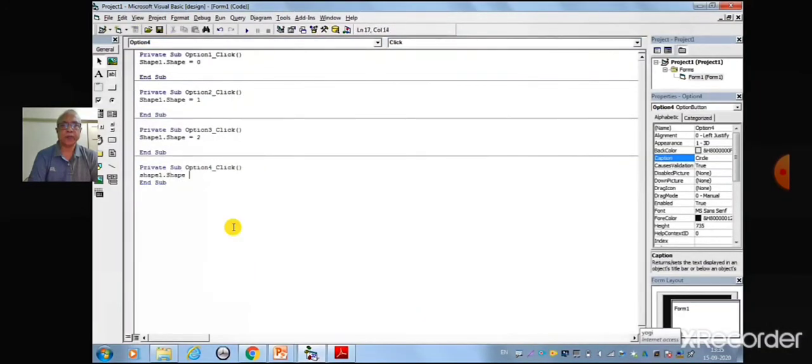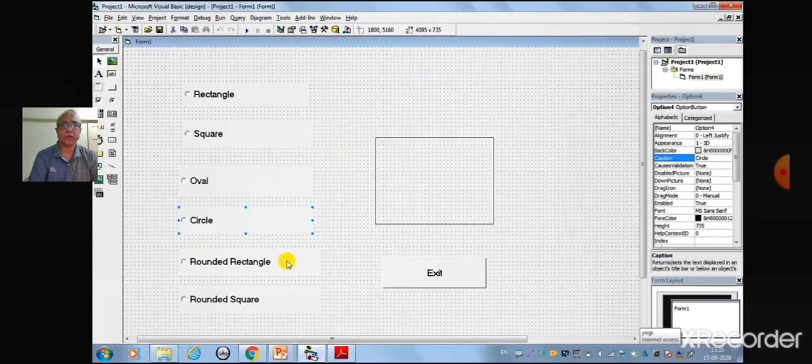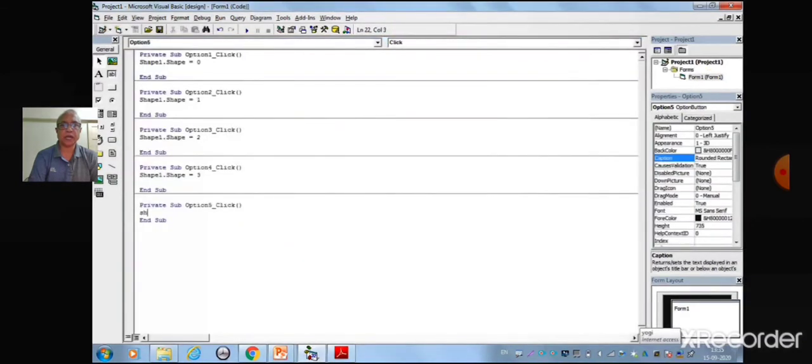Shape1 dot shape is equal to 3. Go to the form design window, click on the next option and start writing shape1 dot shape is equal to 4. So for the last option, shape1 dot shape is equal to 5.